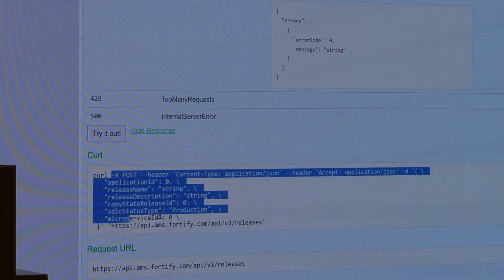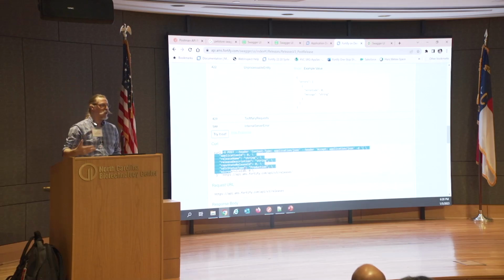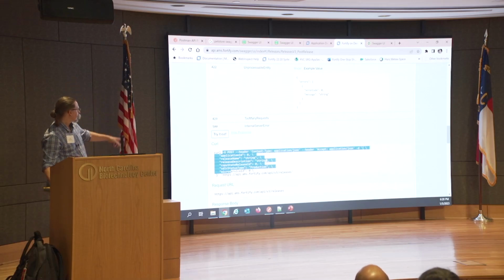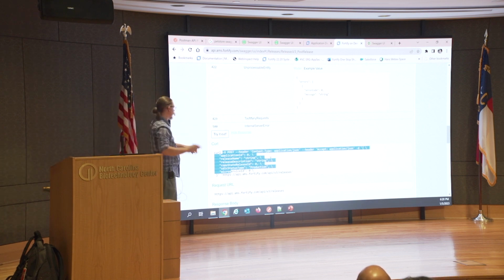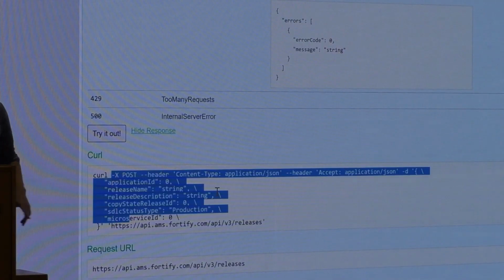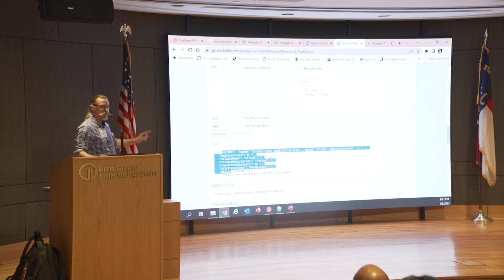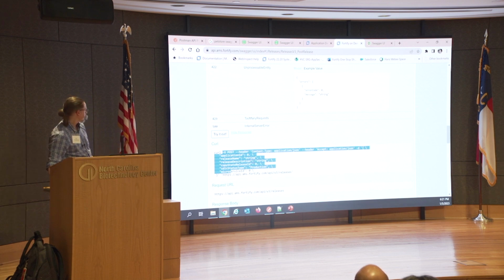Step back a moment. How many people have used curl or know what curl is? All right, it's like a command line browser, so to speak. Anyway, this is a sample of how you would make this precise JSON call to this one endpoint exactly with the values that you plugged in. What's beautiful about that is you can copy and paste that into Jenkins. And now you've got a Jenkins job that will trigger that, will do that thing for you.